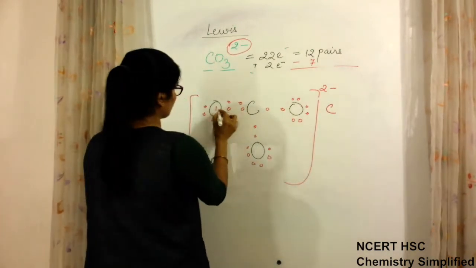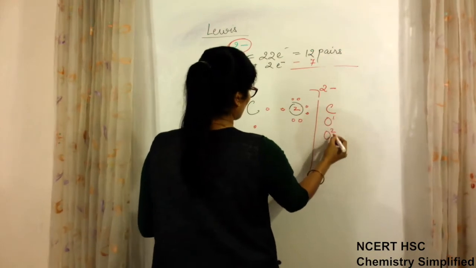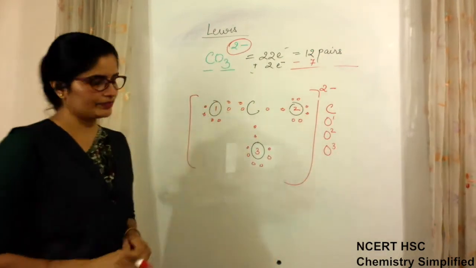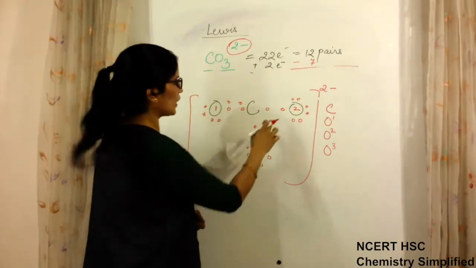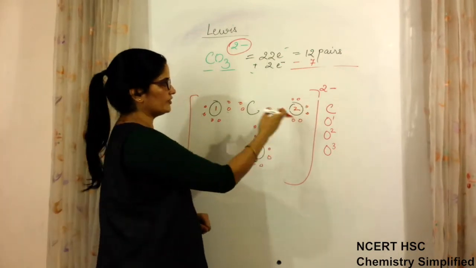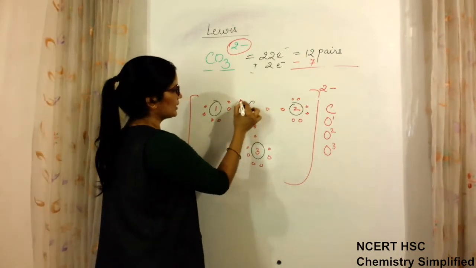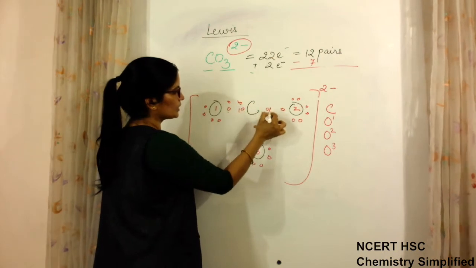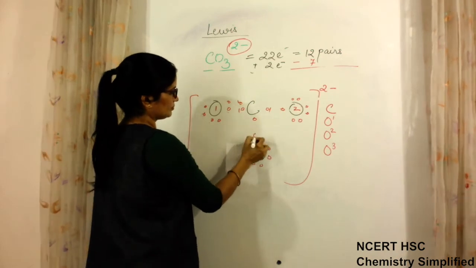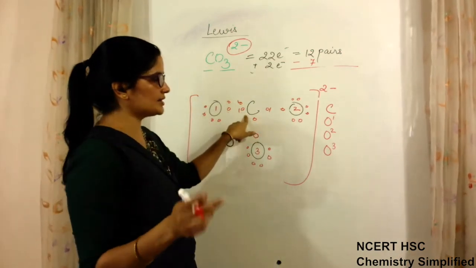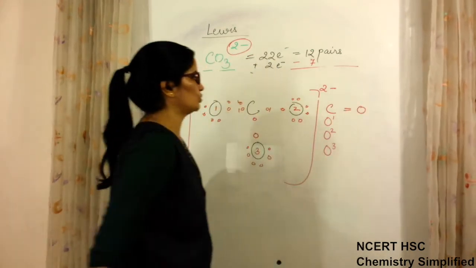Carbon, this is oxygen 1, this is oxygen 2 and oxygen 3. So carbon, oxygen atom 1, oxygen atom 2, oxygen atom number 3. We will see. When we have to calculate formal charge, at that time we do not count the shared electrons. We have to just count the electrons which are directly placed on the particular atom. So this carbon has 1, 2, 3 and 4. Carbon valence electrons are 4 and it is having 4 only. So formal charge on carbon is 0.